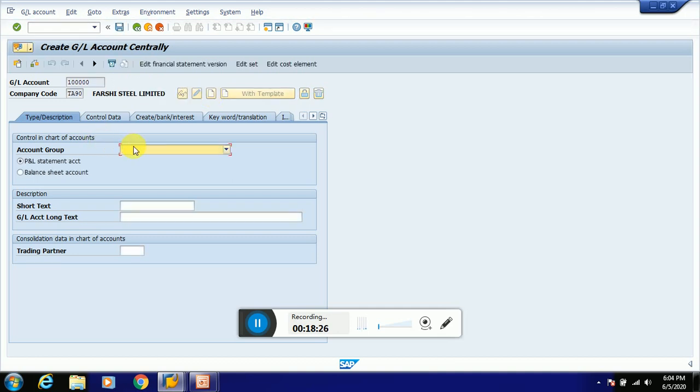Here we need to select the account group. As share capital is part of liability, I am selecting liability here. What type of account is it, profit and loss account or balance sheet account? It is a balance sheet account. Here we need to give the name of the GL account, share capital. Same for the long text, share capital.